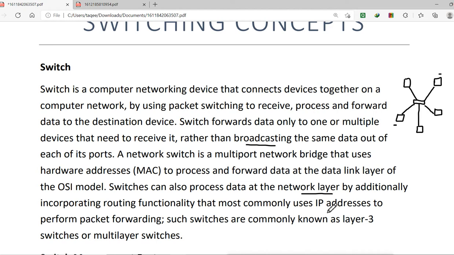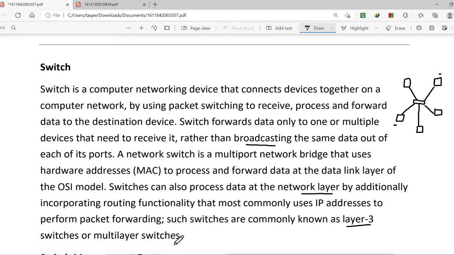In other words, they can work like a router and do routing. Those kinds of switches are commonly called layer 3 switches, because layer 3 is the network layer and they can read the packet up to the network layer. Or we can say multi-layer.